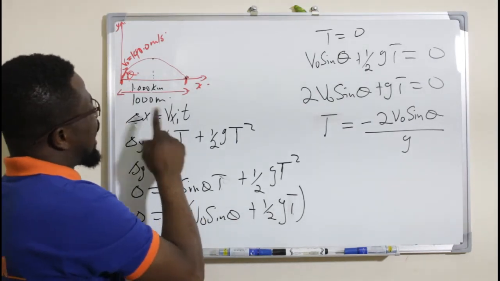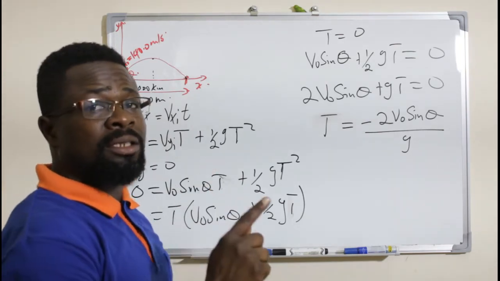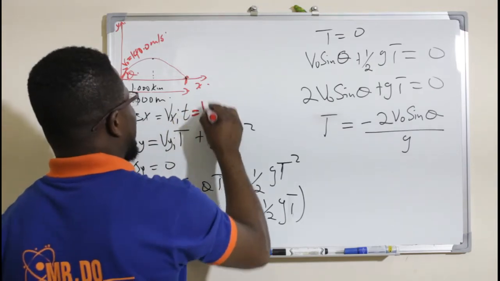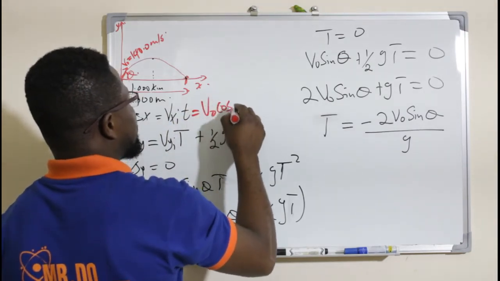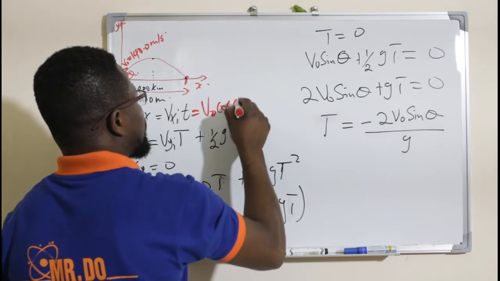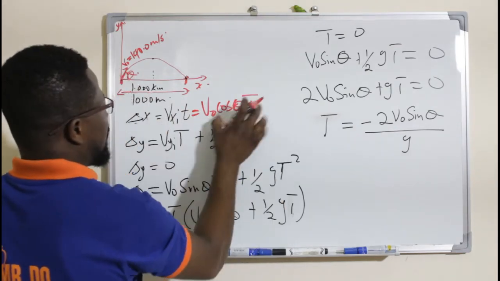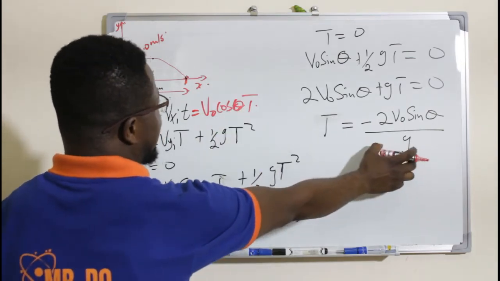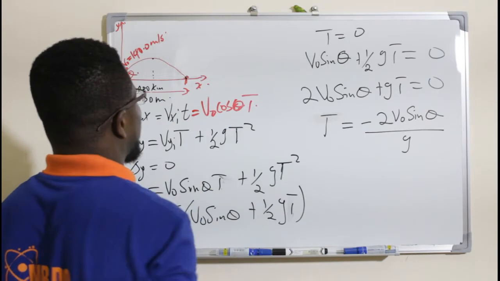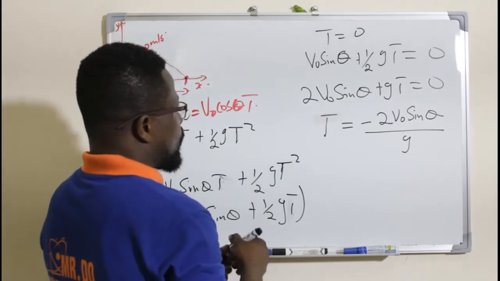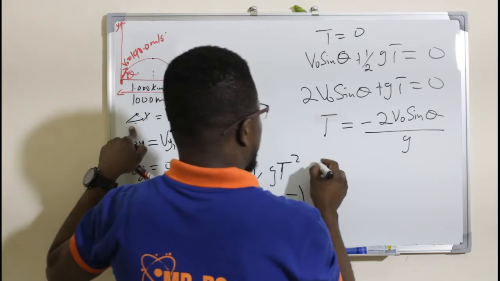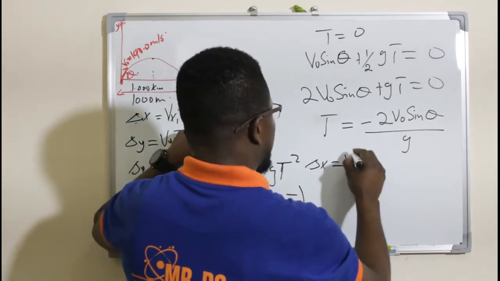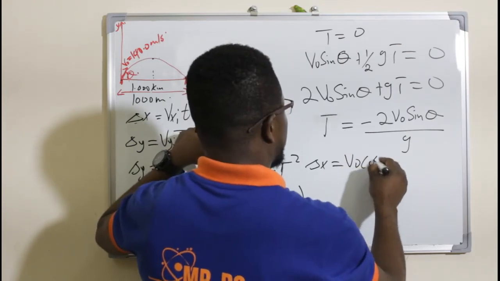Remember, vxi is v naught cos theta. So that is the same as v naught cos theta multiplied by the t, right here. Okay, good. So I am going to do that. I'm going to substitute this t value here into this particular function there. So what am I going to have? From here, change in x is now equal to v naught cos